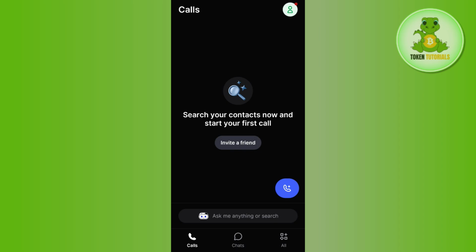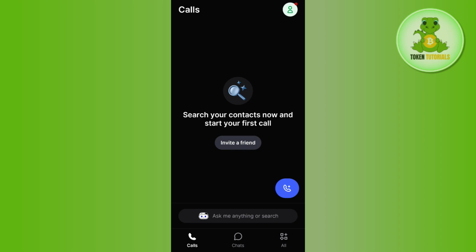Now on this particular page, you are going to see all of your incoming, your outgoing and all of your missed calls history. So in order to remove one call entry, you just have to simply press and hold that particular call record that you want to delete. Now, as soon as you press that particular contact, the delete or the remove option will appear in front of you. Now, you just have to simply tap on the option of delete in order to remove that particular